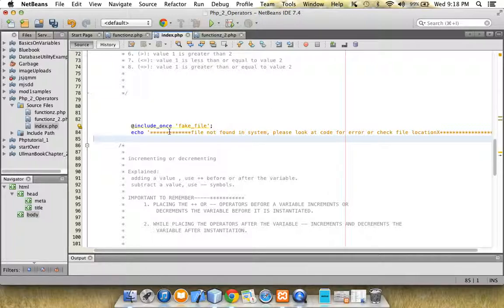Include once. That's if I had some file and I'm pulling some information from somewhere else and I wanted it in this script. I would use include once. Then I have a statement echoes for this include once statement right here. So if I run this,